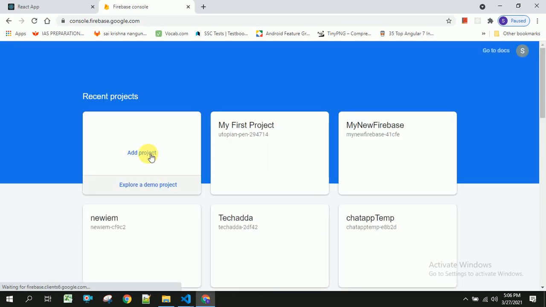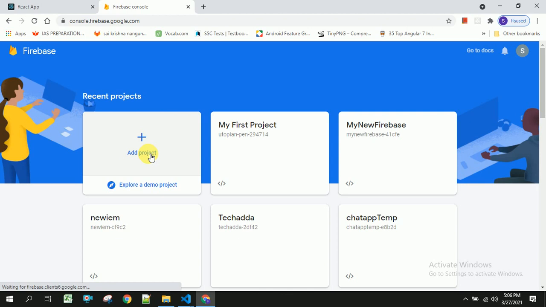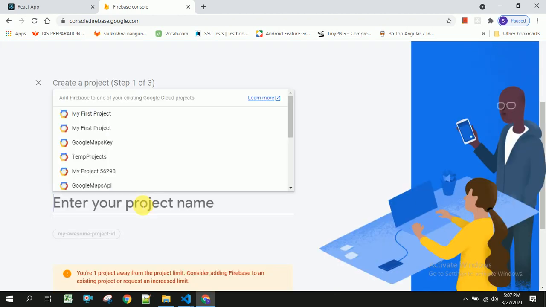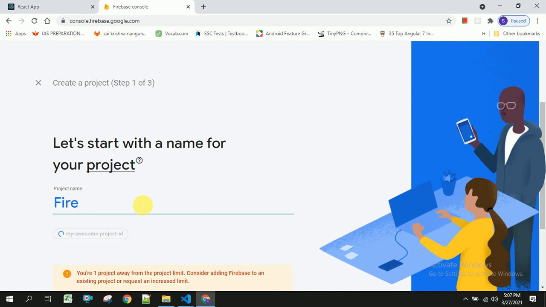So what we are going to do here is create a project, and create a database inside this Firebase project. So we have to give some name here: Firebase CRUD.